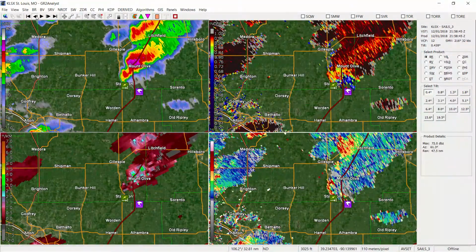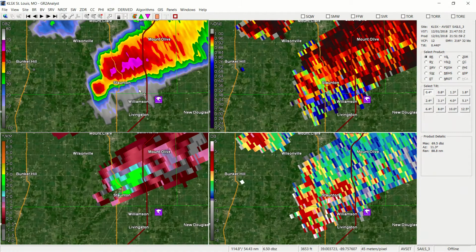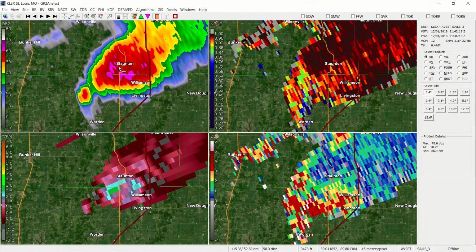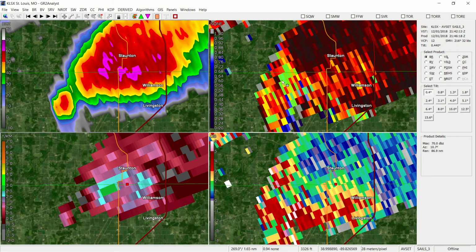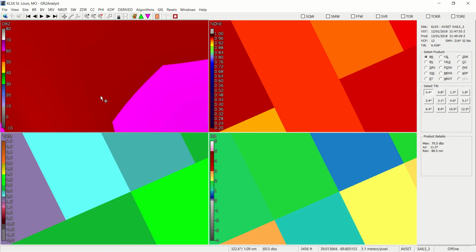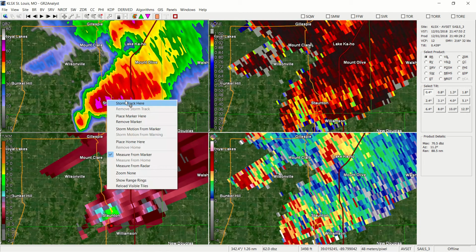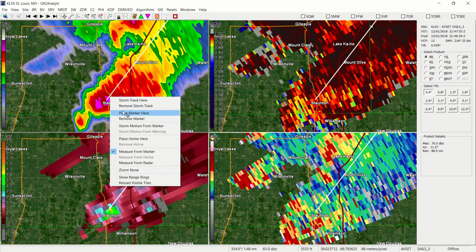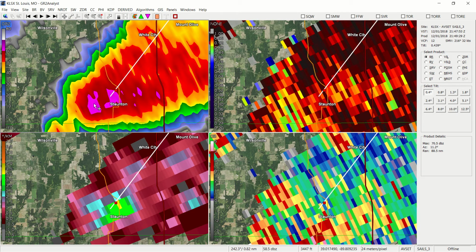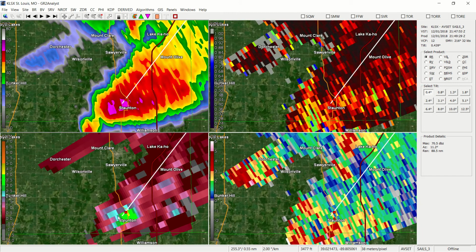This guy that went through Mount Olive, Illinois, so we noticed that there is kind of what might be a hail core there. KDP is suggesting, we can actually put the place marker here, KDP and the correlation coefficient suggesting this is just an area of heavy rain. Place marker here, storm track. Again, we're not seeing that near zero in these higher 60 dBz values,